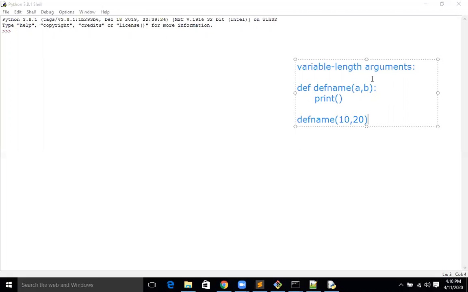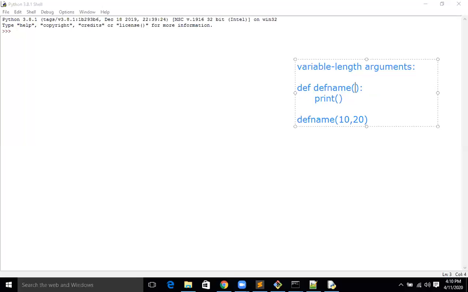But by using variable length arguments, if you give any number of parameters, the function is ready to take them and execute. That is the use of variable length arguments. If you have only one argument, it goes to the formal arguments and executes. If you give n number of arguments, more than what you specified, you can give n number of parameters to the function. How? Let's see.